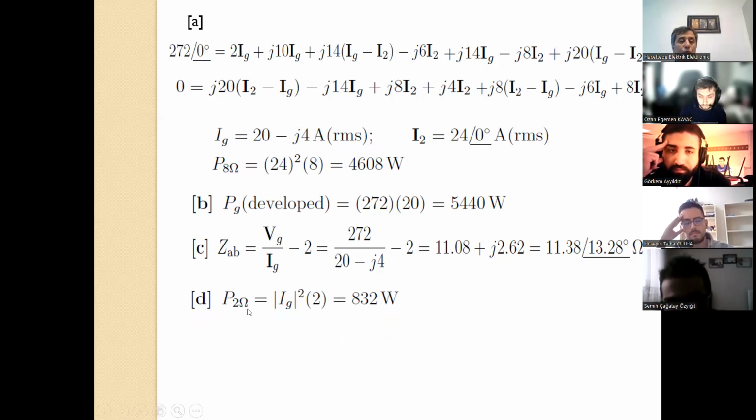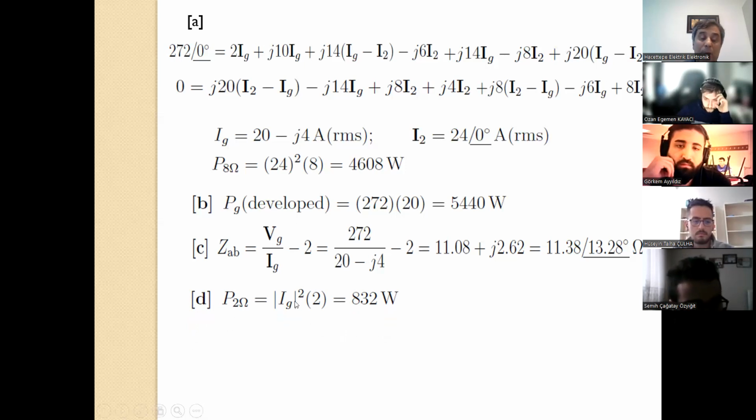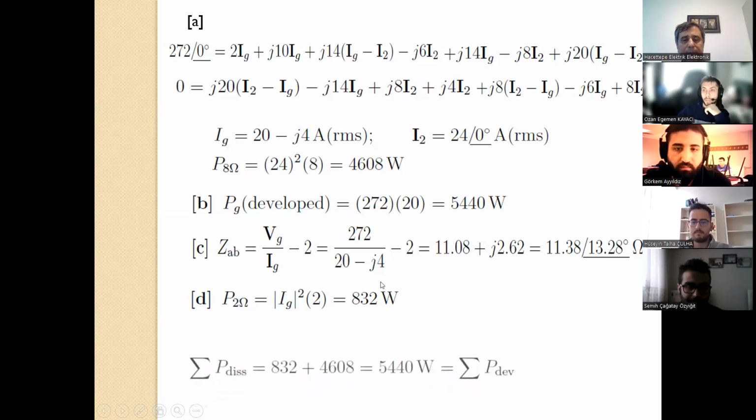What about the average power dissipated at 2 ohm? This time, the magnitude of Ig squared. Look, it is for tau. The current could be in both directions. However, when you take the square right here, you are not going to get any negative sign. So the resistance cannot generate power, it only dissipates power due to this square part. Okay, and the absolute magnitude. Anyway,